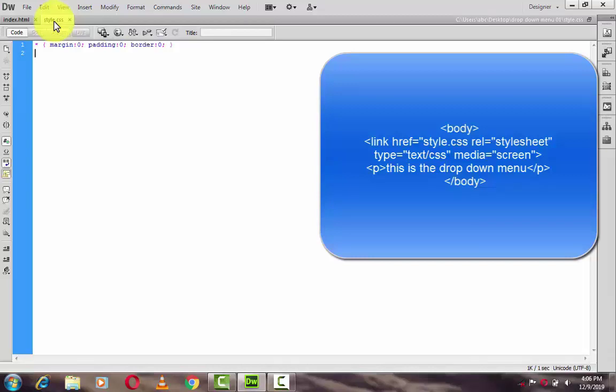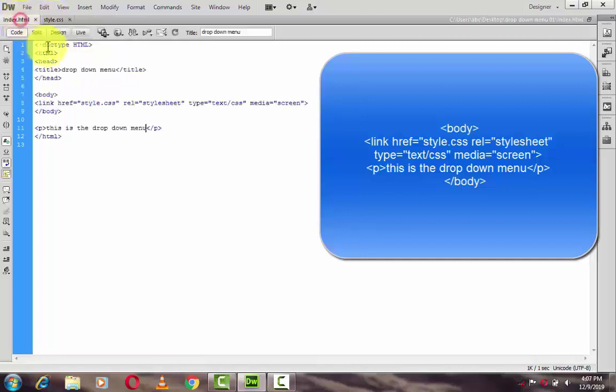I write p, and the paragraph color can be white, red or green, whatever color you select. In the color section you just write what I write: p equals to,